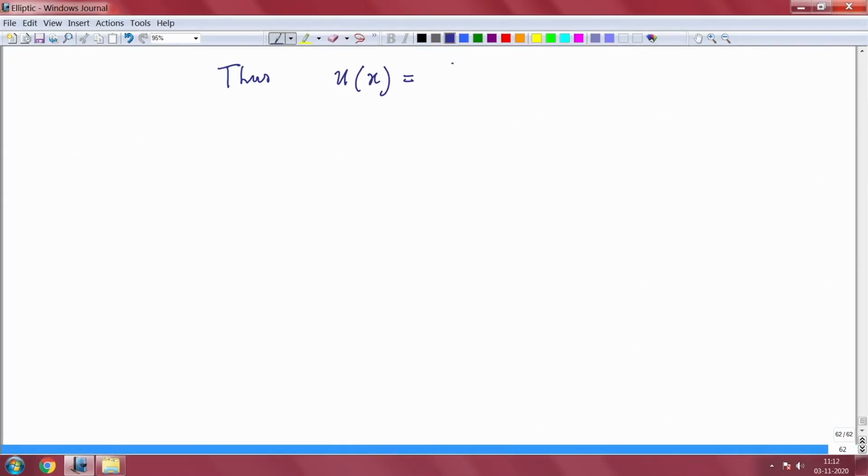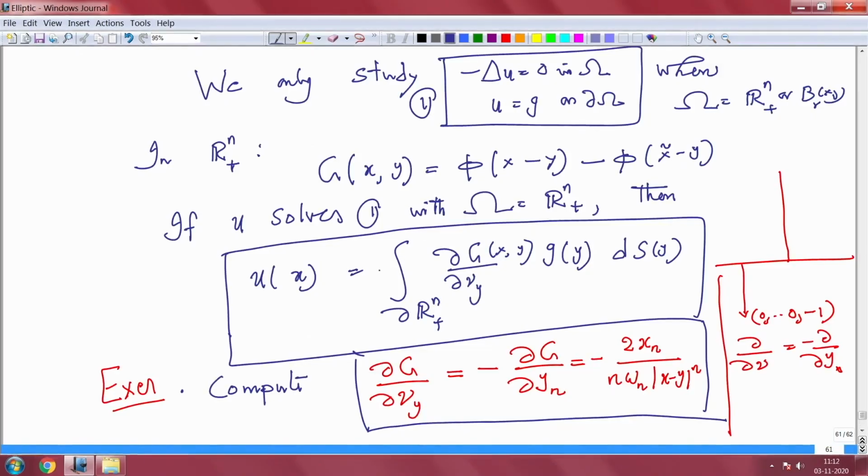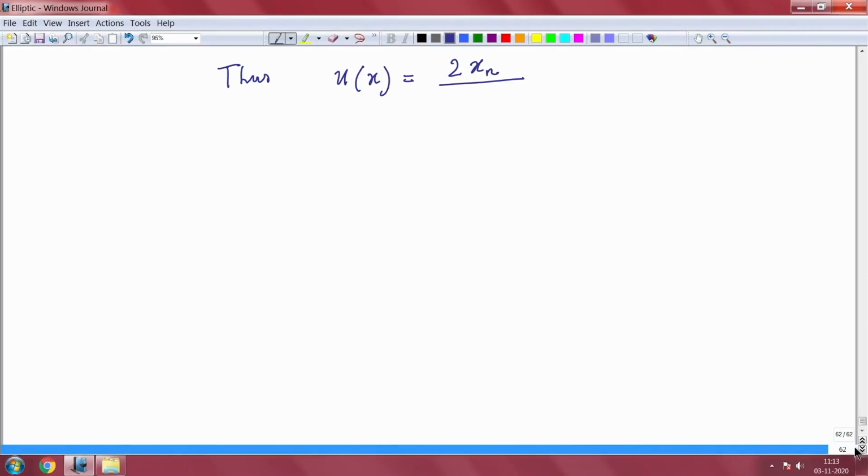So, you have a minus sign there, 2 x n, there is a minus sign here, I did not write that. Okay. So, that minus minus gets cancelled, you will have n